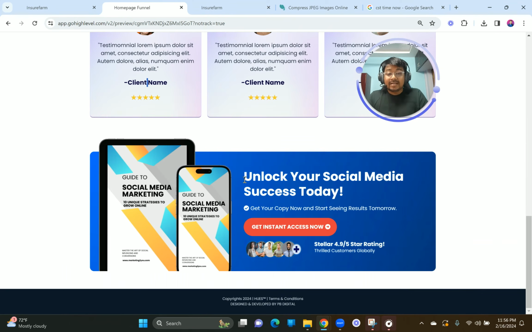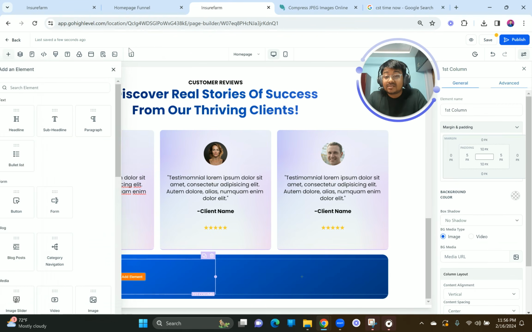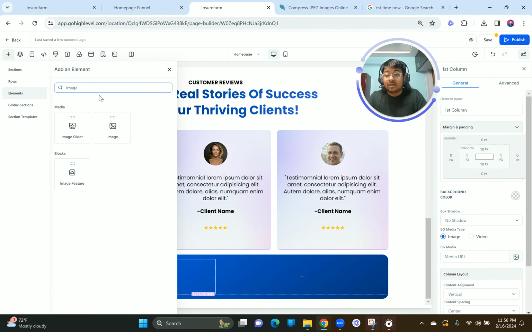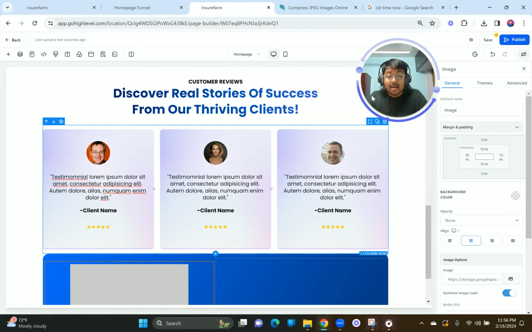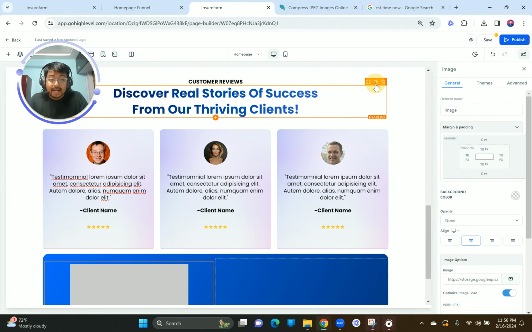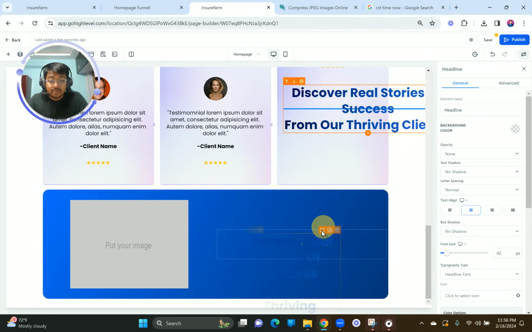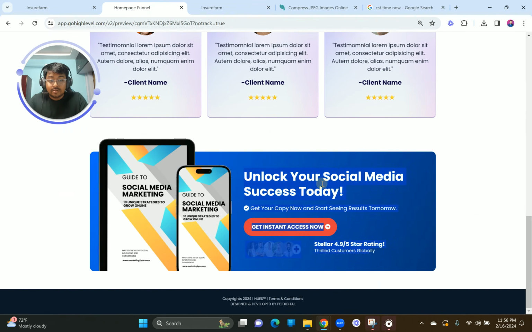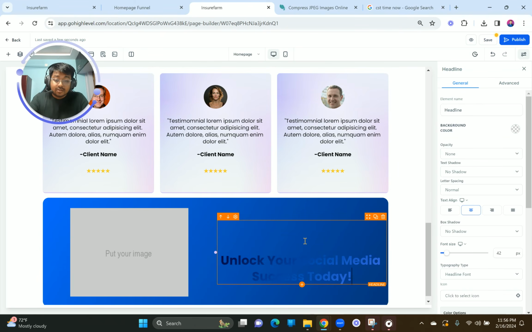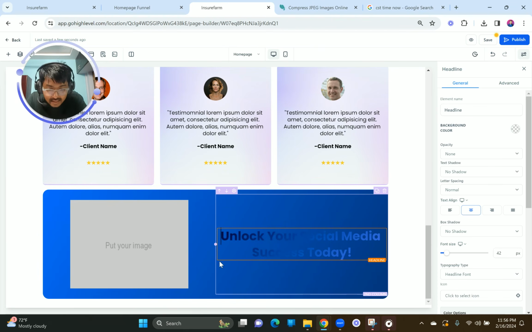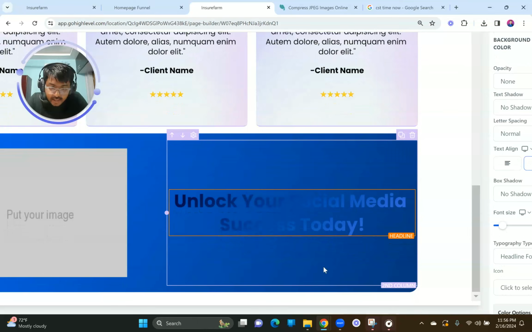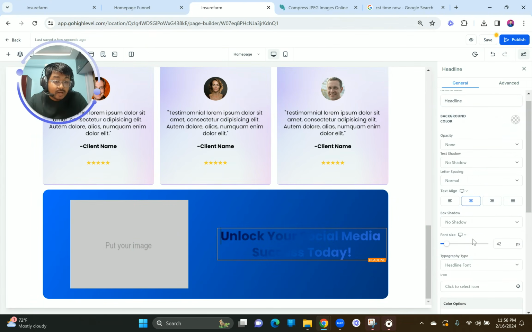Right now, I want to make sure that I have an image on the left hand side and have all these text and buttons and images on the right hand side. Okay, so first things first, let's add the image. We got the image done on the left hand side, and then here I want to add the headline. So I just want to grab this, which is again a headline. I want to add it here. So now if you see, they are having a gradient on the back. This looks so beautiful, no? Every time I, oh wow, this looks like a velvety structure. Look at it, wow. But anyways,